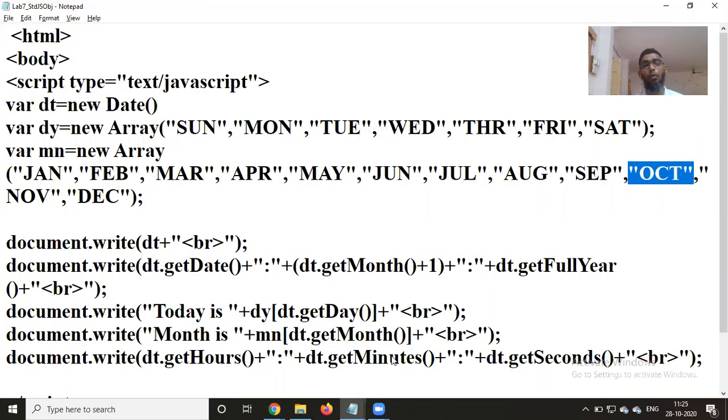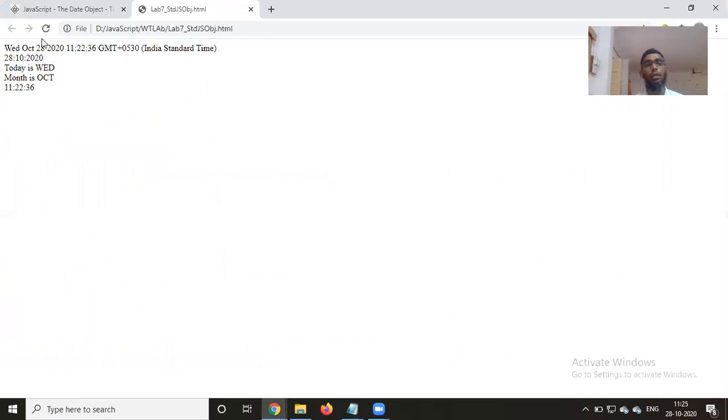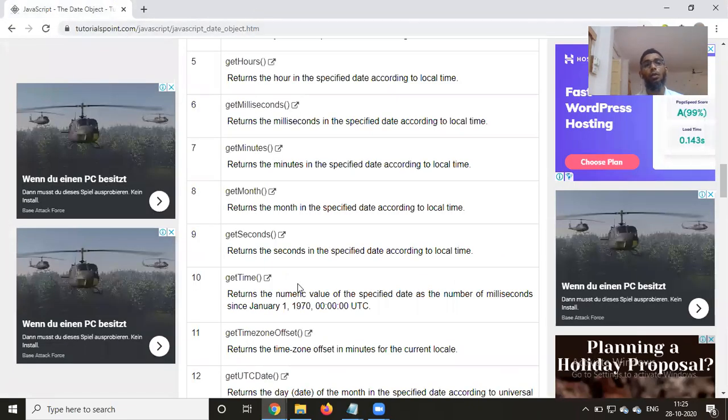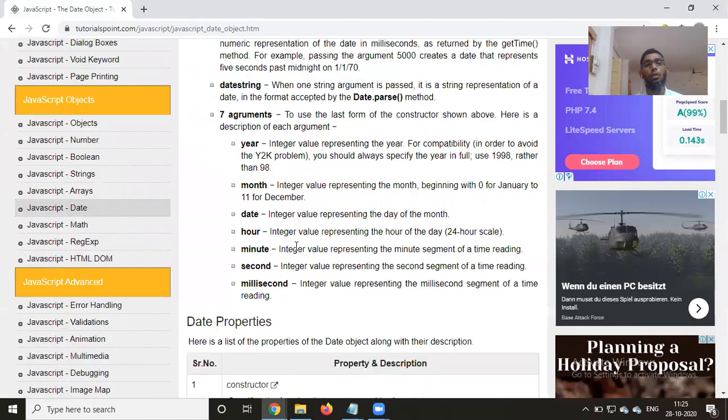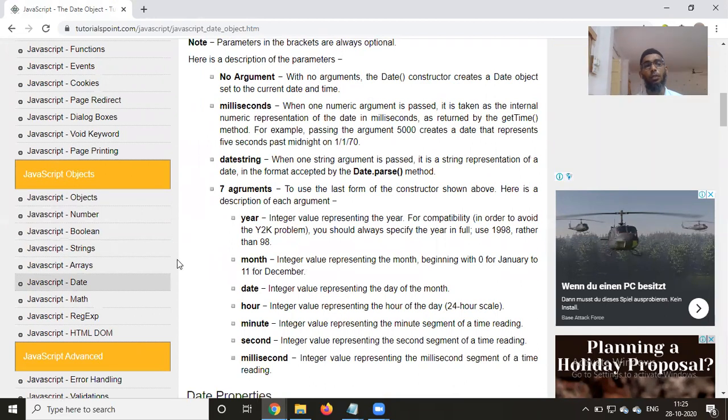And finally, if you want to get the time here, we are saying getHours. If we get the hours, 11 hours, getMinutes, the 25 minutes, and getSeconds, the current seconds. So it is just run there. If you execute it, the current time is actually displayed. So that's how we can use the object. And of course, you have a number of other objects also, other classes and objects which are available. So you can go for the number class, the Boolean, strings, arrays, math class. Okay, you can use them accordingly.